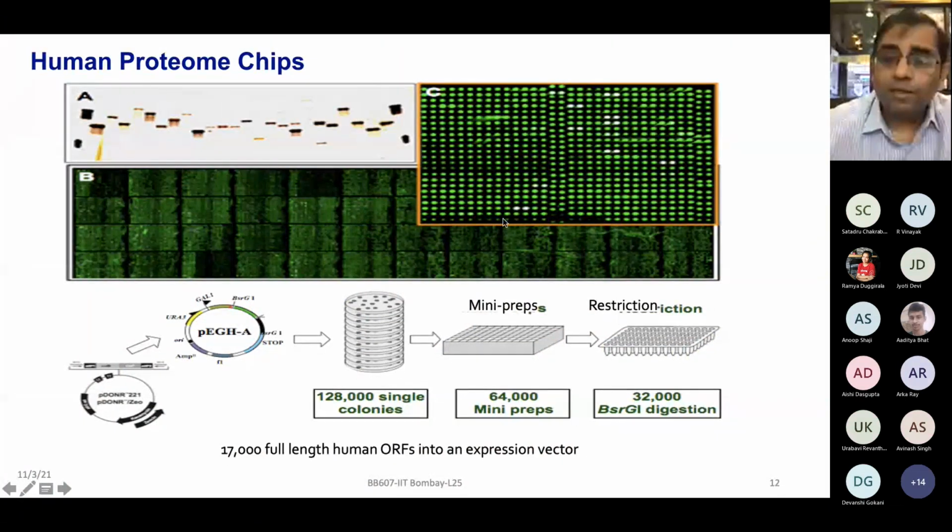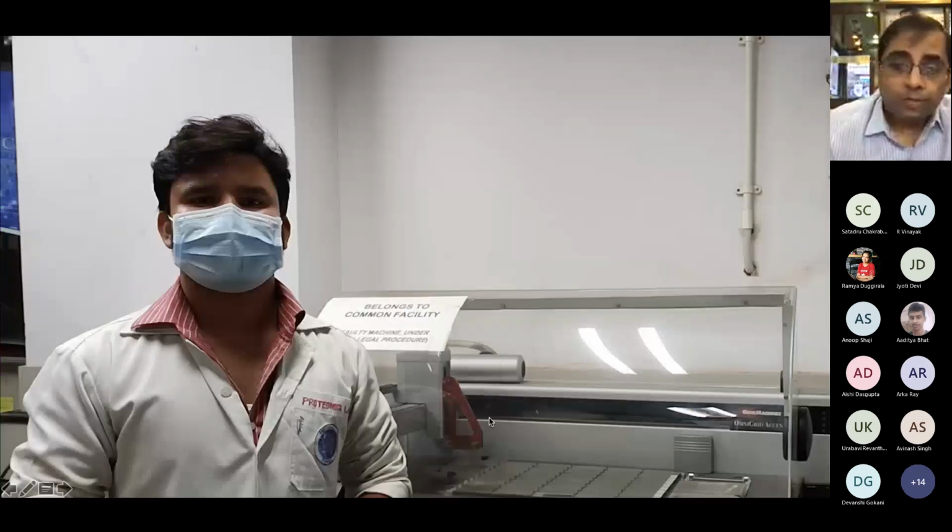So this is not an easy accomplishment, making the human proteome array, but that's what they were trying to accomplish, and they did that with 17,000 human proteins. They also showed that the proteins they purified all had a GST tag, and finally they could show with silver stain that they are able to express these proteins and that these are actually pure proteins. So that was one of the good accomplishments to take things forward.